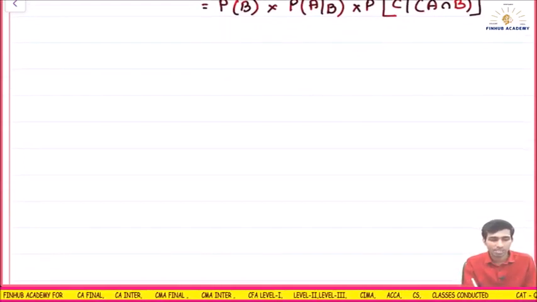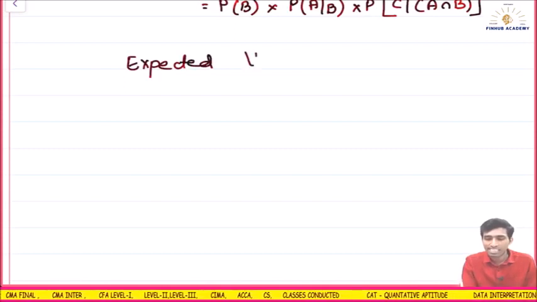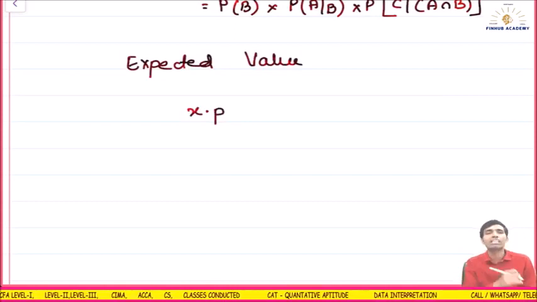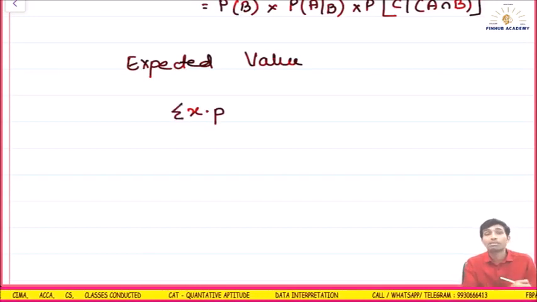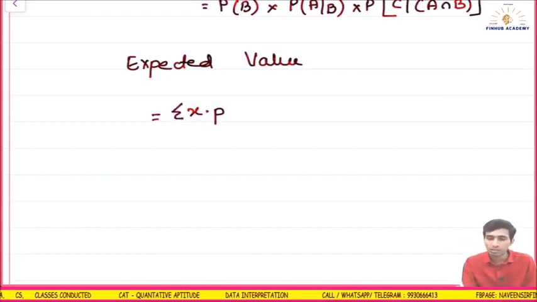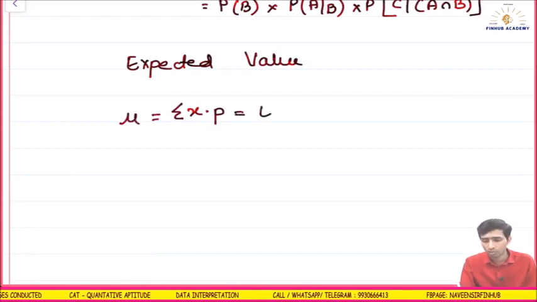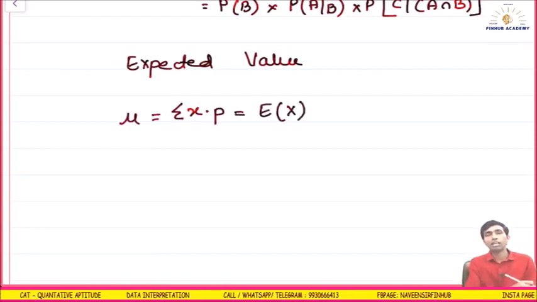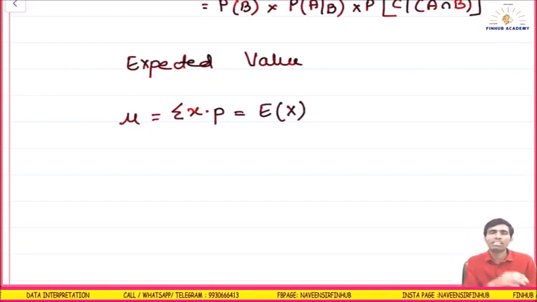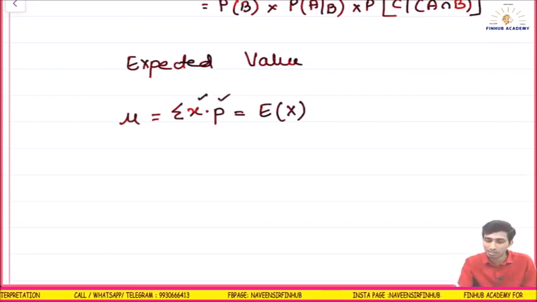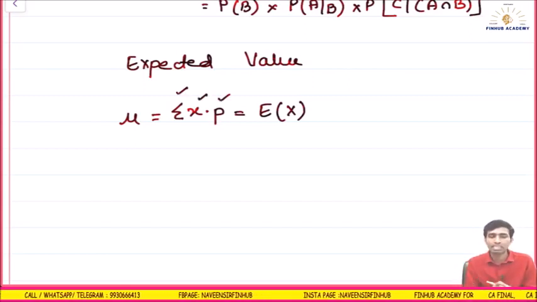Let's say expected value. When I say expected value, that means what? When I say expected value, that means x multiplied by probability. X multiplied by probability gives me mean. Summation of x multiplied by probability, and then I take the total. This is nothing but mean. So generally we call it mu, or here what we call is expected value of x, E of x. Wherever there is E, that means that the thing which is inside the bracket is multiplied with probability, and you have taken the summation. You have multiplied the x with the probability and you have taken the summation. Okay, that is the meaning of this.